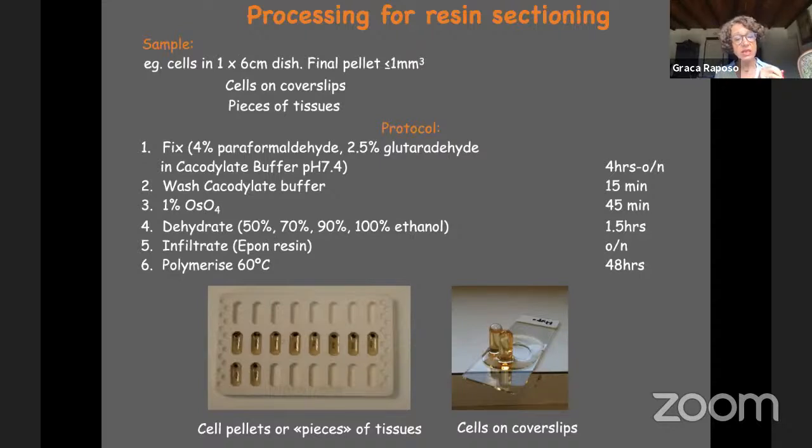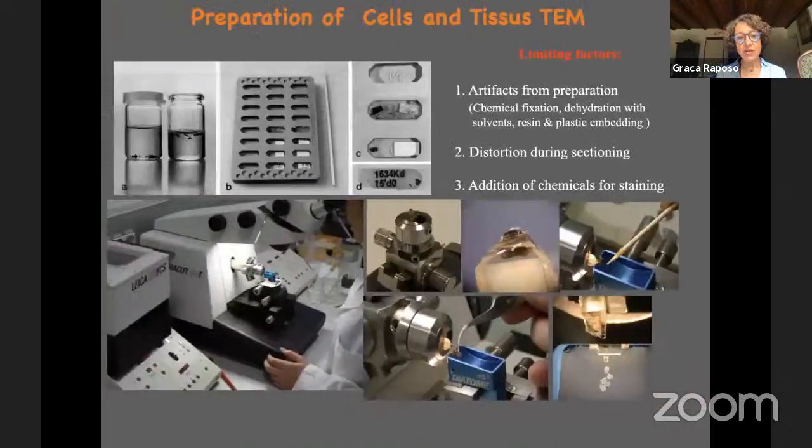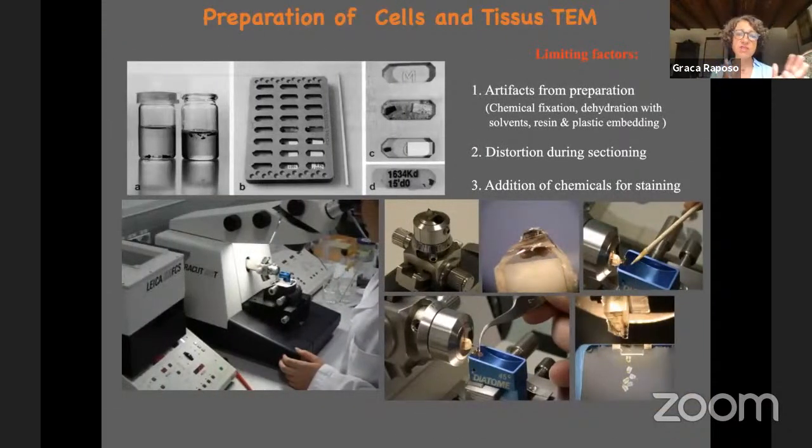Then, as I told you in the beginning, in the principles, they need to be dehydrated. We need to remove the water, and generally we use increasing concentrations of ethanol before they are infiltrated in resins. There are different types of resins, epon. There are also mixtures of epon and araldite. And then we polymerize at 60 degrees for over 48 hours. Generally, you arrange to do it over the weekend. So this takes about 2 days, including the weekends, to give you an idea of how long it is. It's not so long, finally.